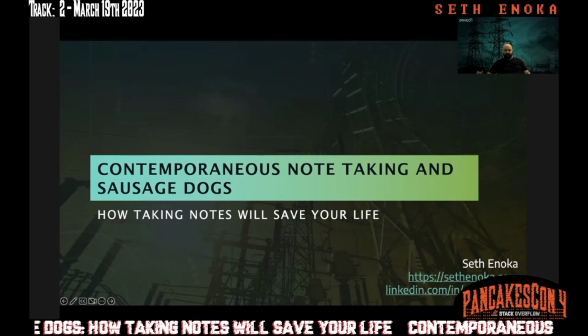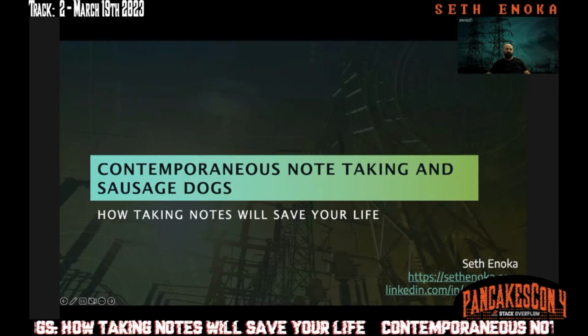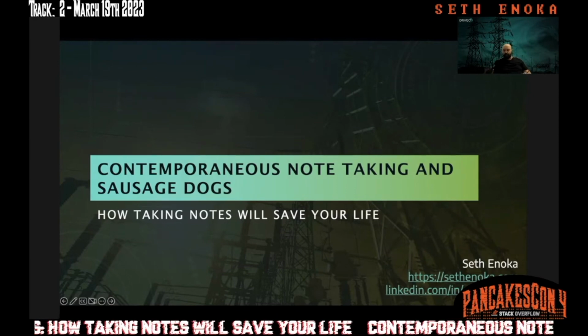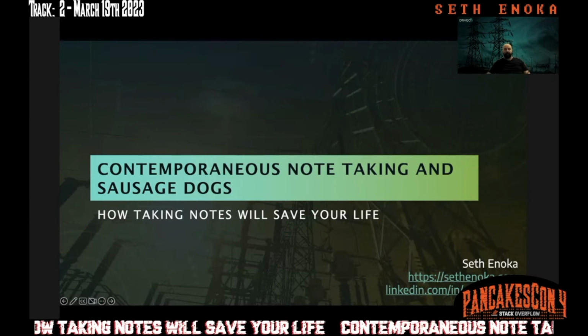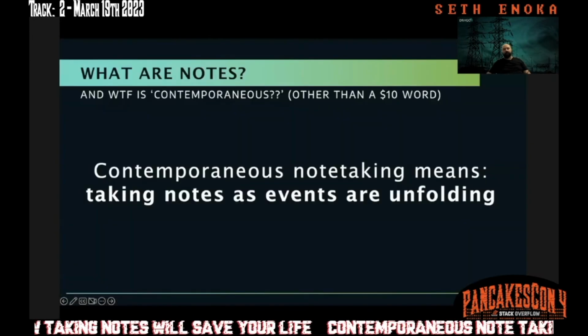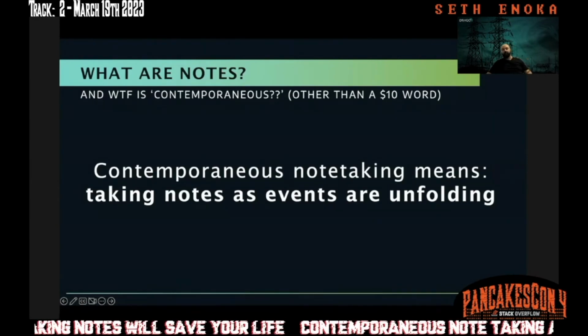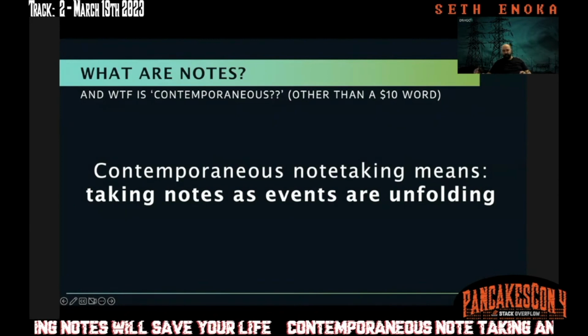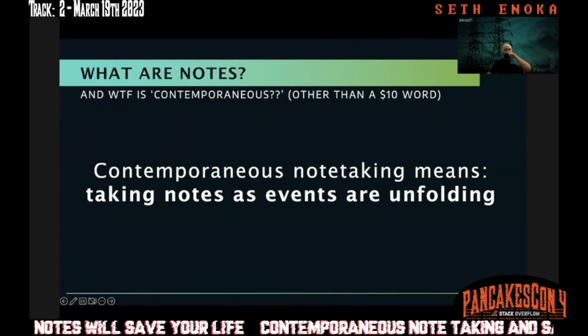At first glance, I imagine you're wondering what these two topics have in common, but I can assure you and aim to demonstrate that there is a connection. Both of the topics require attention to detail and a methodical approach. So let's start with contemporaneous note-taking for digital forensics. So contemporaneous note-taking, henceforth referred to as note-taking, or just notes, just for my own sake,